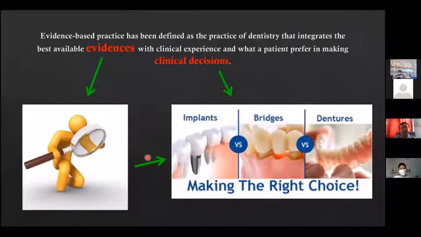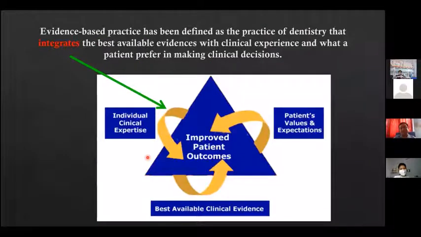Now, evidences are the different literature reviews available in our profession. We will study these evidences in detail. But the most important part of the definition of evidence-based dentistry is the word integrate. So evidence-based dentistry is an integration of not only the available articles or the literature present in the profession, but also the expertise of the dentist and the patient's